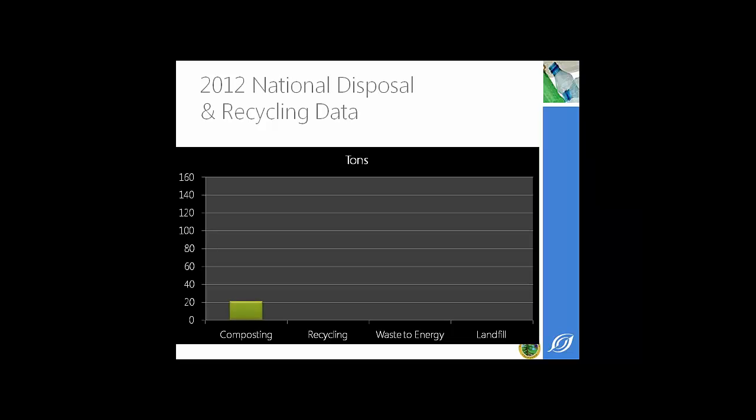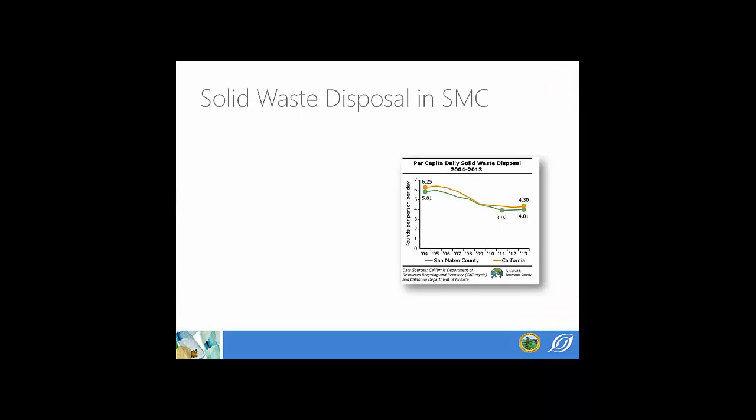Of that, we have about 29 million tons each year that we compost. We have another 87 million tons that we recycle, and that represents less than 35% of all the material that we generate. So the rest of it is either sent to waste to energy or landfilled. This is the magnitude of what's happening on a national level, and these are the materials going to waste to energy and landfill that we want to reallocate in this SRM, our Sustainable Resource Management System.